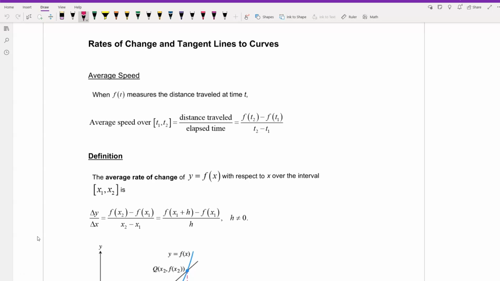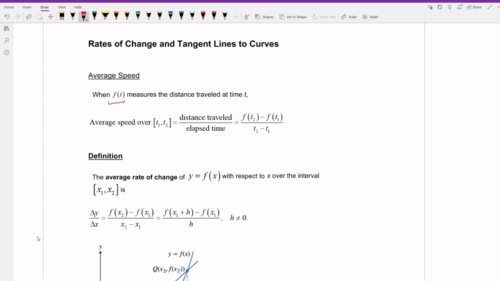Here on this part, we have rates of change and tangent lines to curves. Average speed when f of t measures the distance traveled at time t. Average speed over this time interval starting at t1 and ending at t2 is equal to distance traveled divided by elapsed time. So what we have in the numerator on top is based on this function f of t. Using the ending point, we have f of t2 minus f of t1. So t1 is the starting point in time, divided by